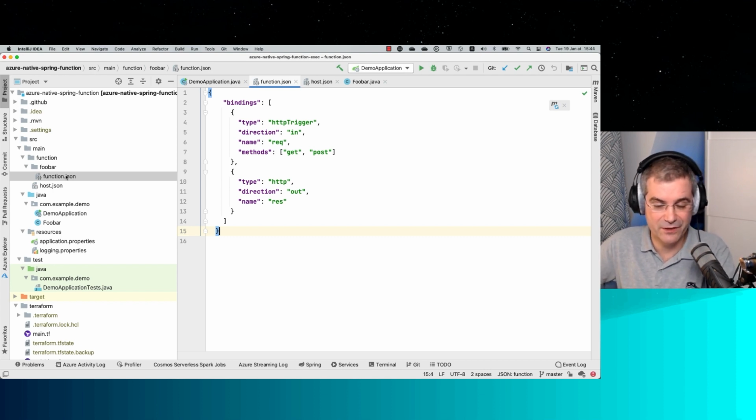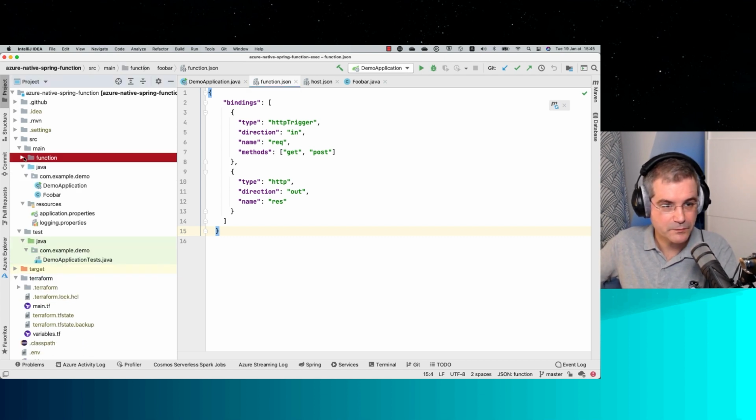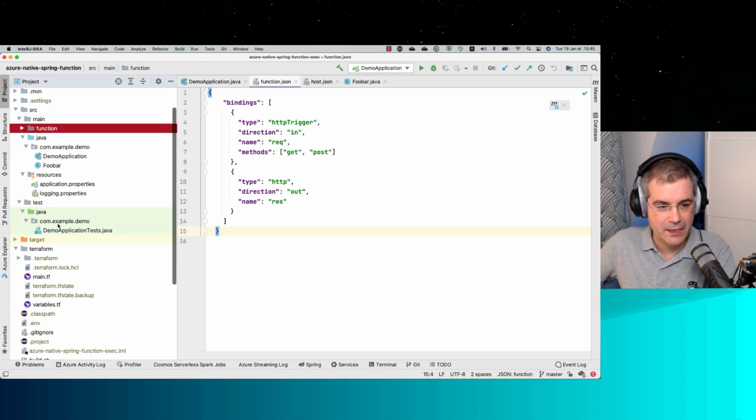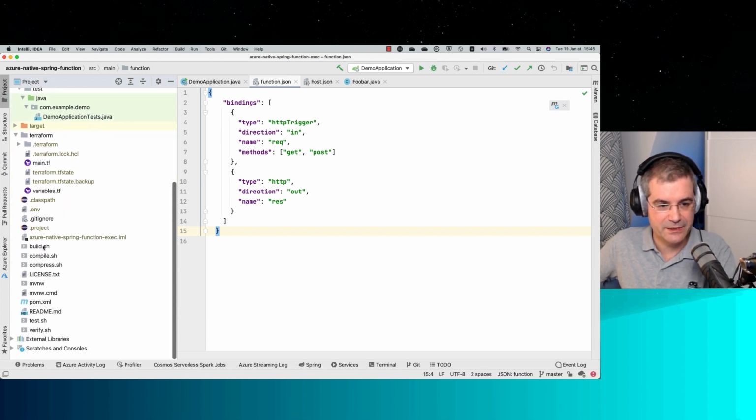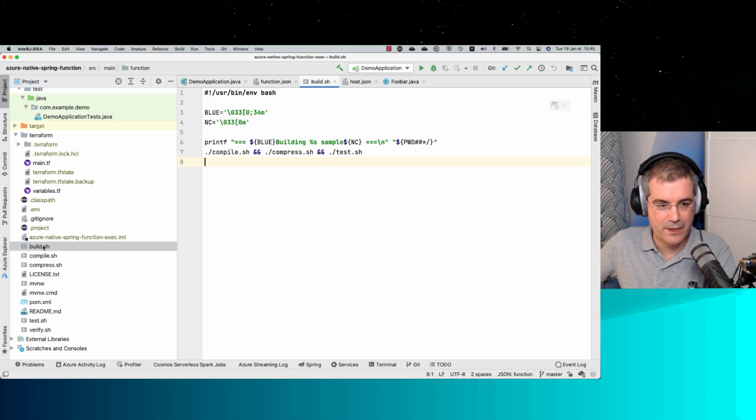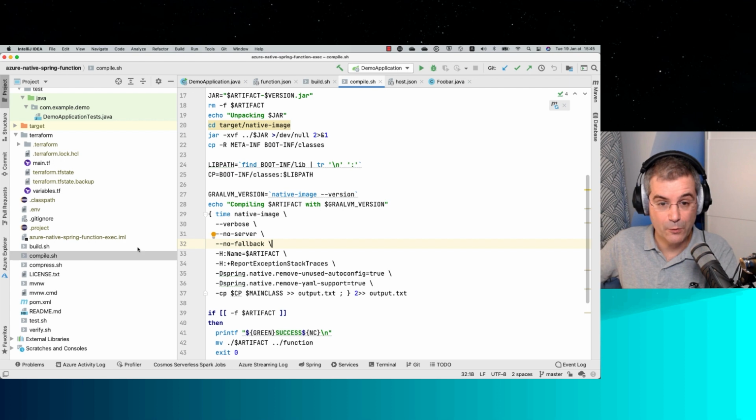You are just having a binary, so you need to build all this. It's a bit more work, but basically, once you got it, it's not that complex. The real trick is in the build process. So when you build your application here, I'm going to compile it with GraalVM.